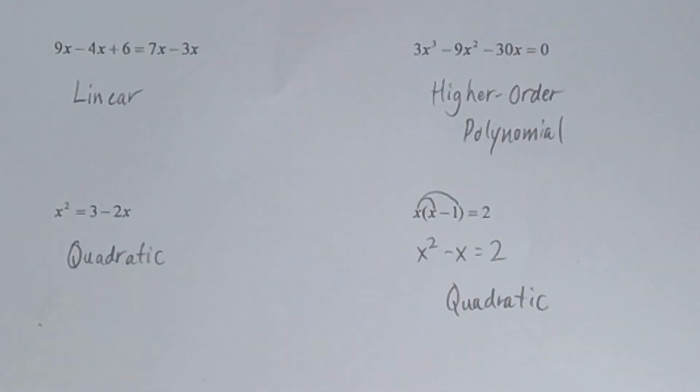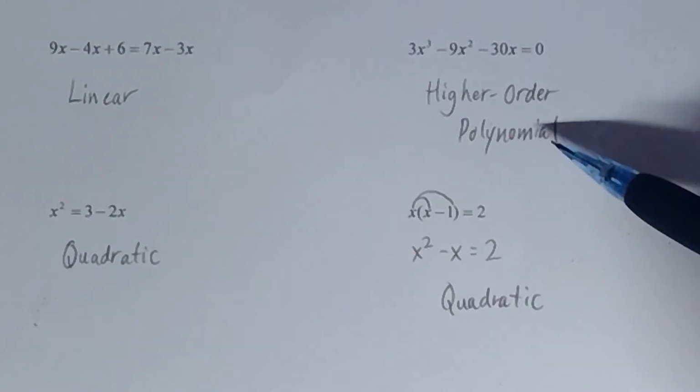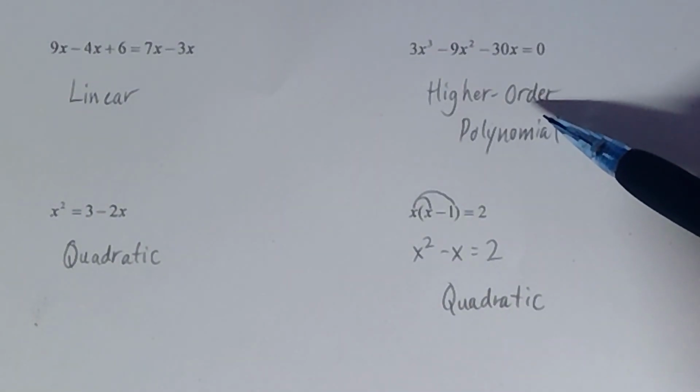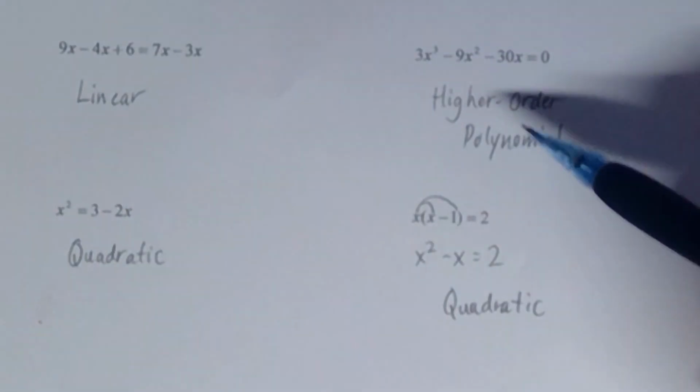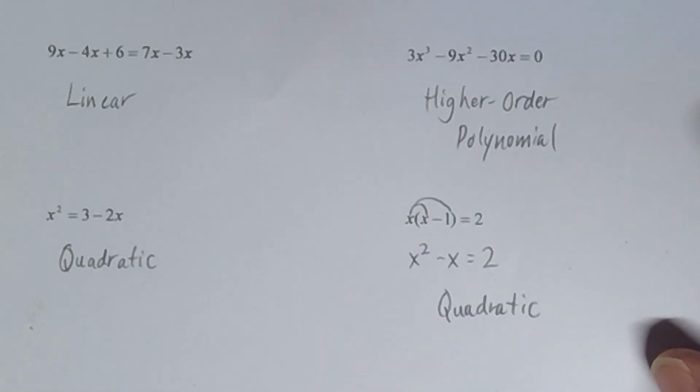And so now we can see how to recognize the different types of polynomial equations that we're going to see. Moving forward, in future lessons, we will talk about the methods for solving each one of these 3 different types. But again, it's so important that we know how to recognize each type of these equations so that we'll know which method to use.